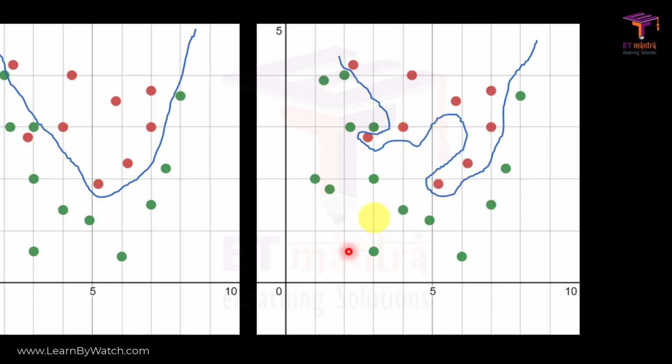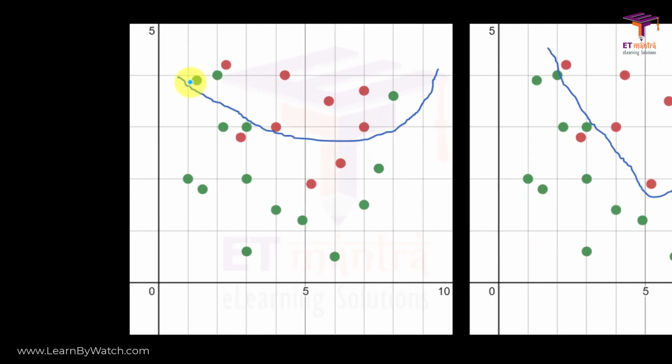So in this third case, although all the points are classified correctly, if we get a new data point somewhere over here, then it would be classified as the green dot, but ideally it should be in the red region, so it would be classified wrongly. So we don't want this type of decision boundary, neither do we want this type of decision boundary where in the training set some of these points are misclassified.